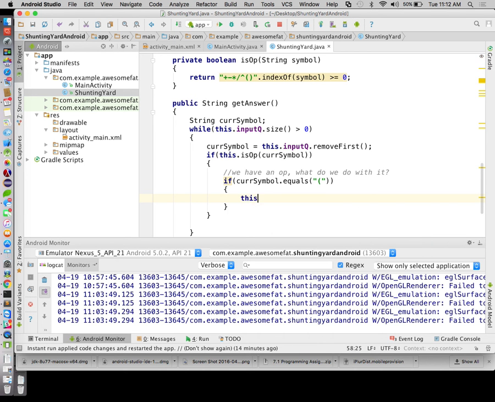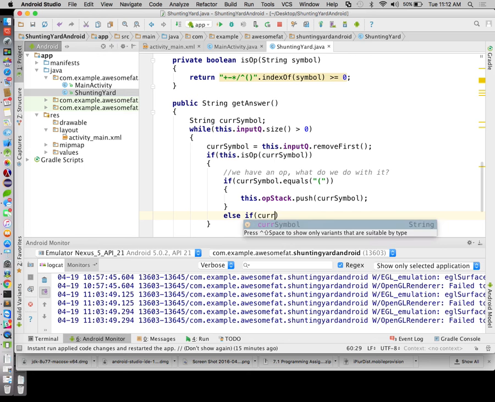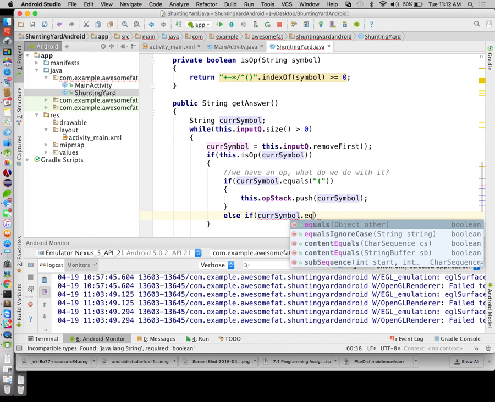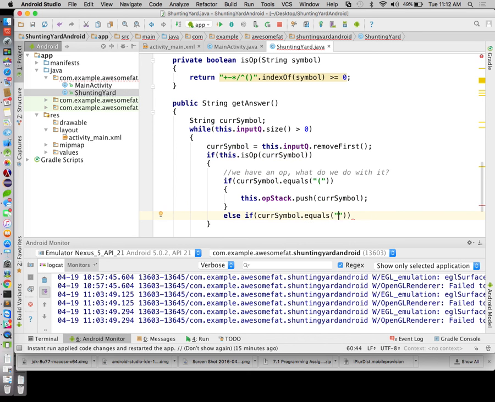So then we'll say this dot op stack dot push cur symbol. So in the event that we are dealing with an open parenthesis, it goes on the op stack, we don't need to check anything. Else if cur symbol dot equals a closing parenthesis,